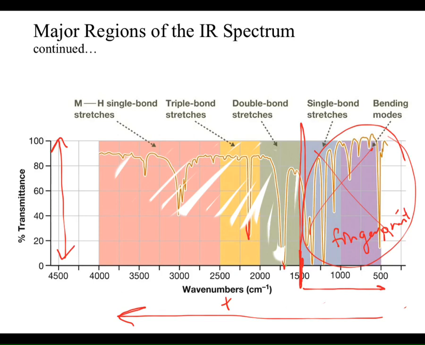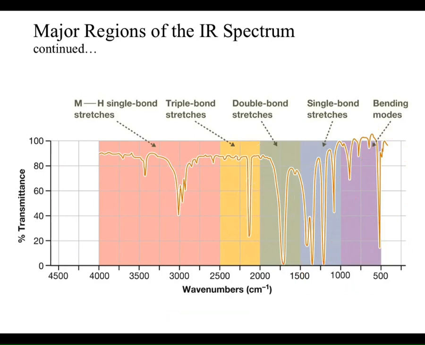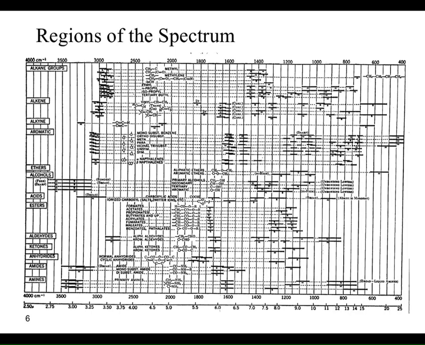Okay? So now, how do we use this? Okay, well, remember I said strong. What did I say? Strong, medium, weak, and broad or sharp. Okay, so now what we would do is tie this back to all the possible structures or bonds, because that's ultimately what we're looking at in IR, is bonds that could possibly exist. So you might see a table like this. Okay, for those of you panicking and not being able to breathe, take a second. It isn't as bad as it looks, primarily because this is as bad as it looks,